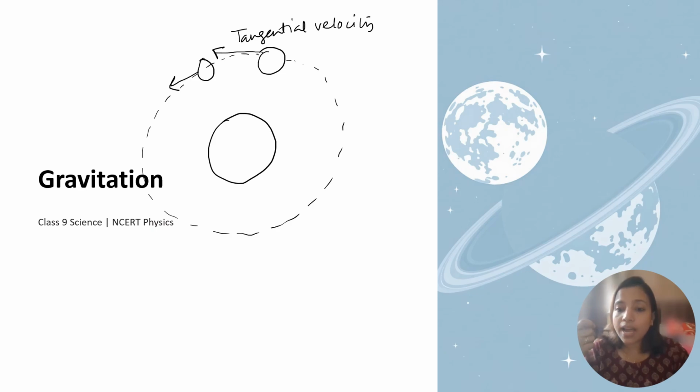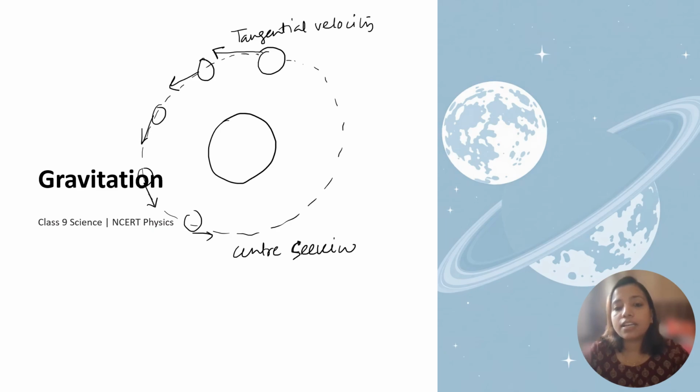Okay, so your hand is giving that kind of force to the stone so that it can move in a continuous circular orbit. So here also, there is some kind of force acting between the moon and the earth, and that force is basically a center seeking force. We can see that each and every moment the moon is rotating around the center of the earth. This center seeking force is called centripetal force.